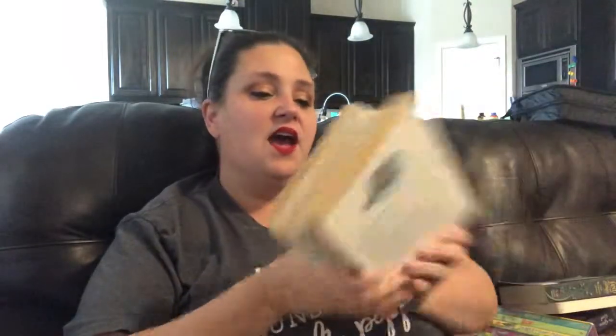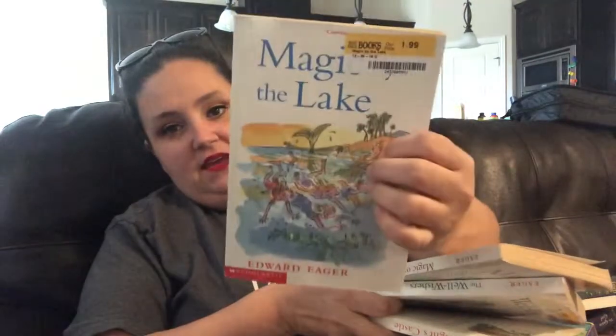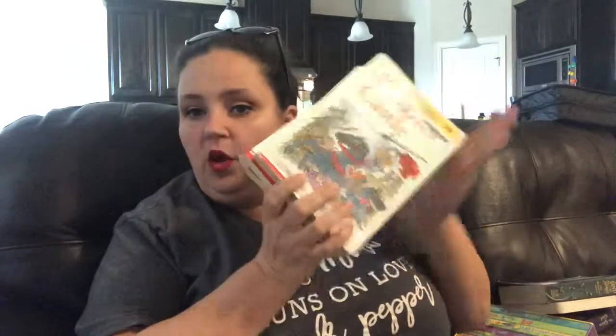up 4 of the other book sets. Gives me 5 out of the 7 set. I actually have like book 1 and 2, and then 4, 5, 6. I need 3 and 7 still. So it's Knight's Castle, The Well-Wishers, Magic or Not, and Magic by the Lake, and they were all $1.99 at